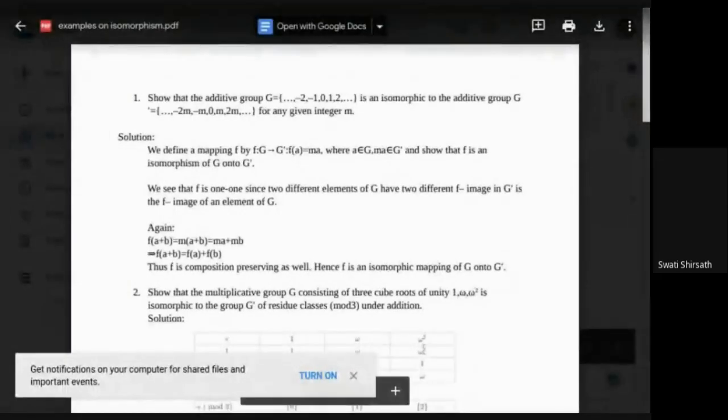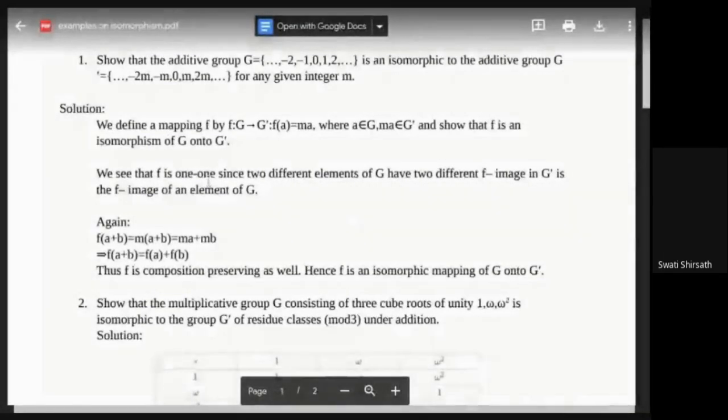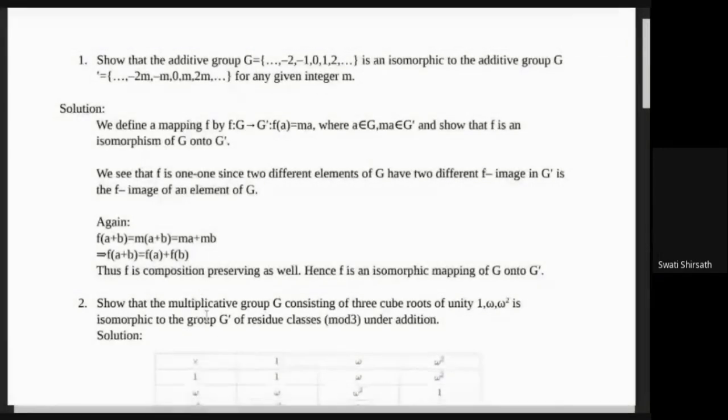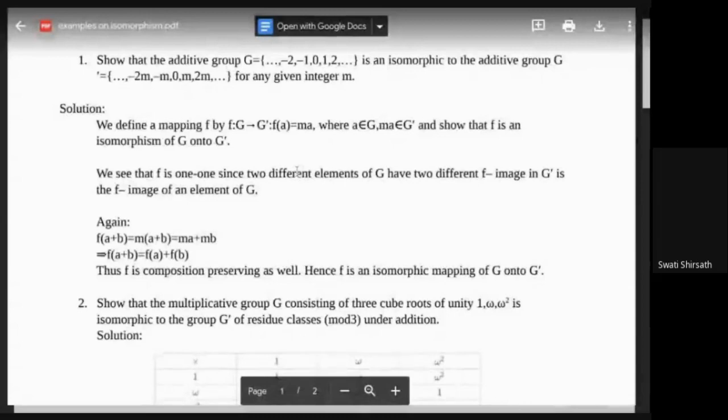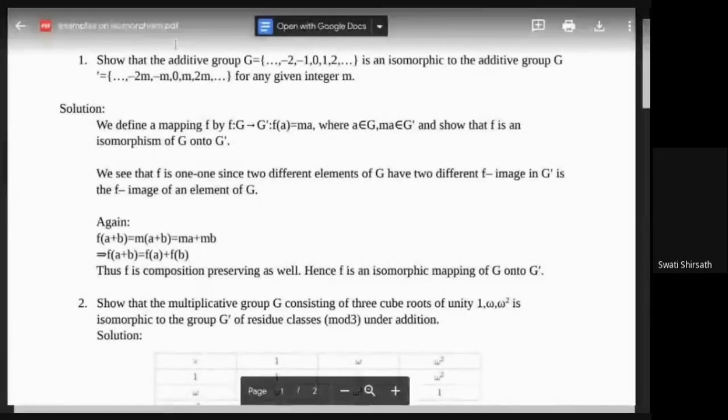Now this example is very tricky. I don't want you to solve it. Just understand it. I'll explain it to you. Now how do we solve this type of example? The one we solved previously was very simple because you know how to calculate a multiplication table and all those things. But here we have to define a function for these two groups. The first one is an additive group for these numbers, and the second one is also an additive group for these numbers. You also have to define the mapping. It is supposed to be given in the example only, but that's okay, we can have it.